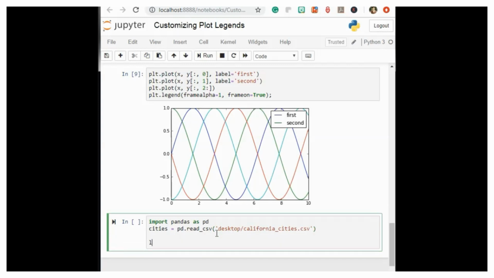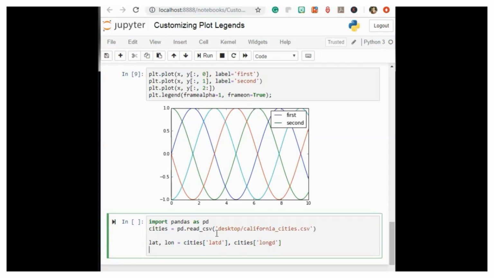Latitude, longitude: cities, LATD, cities equals to, so population,